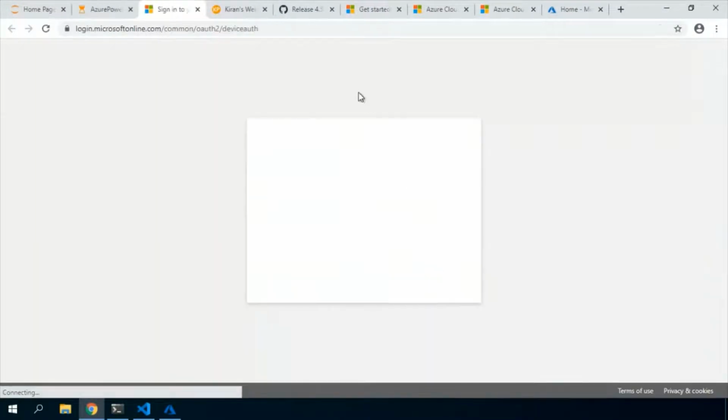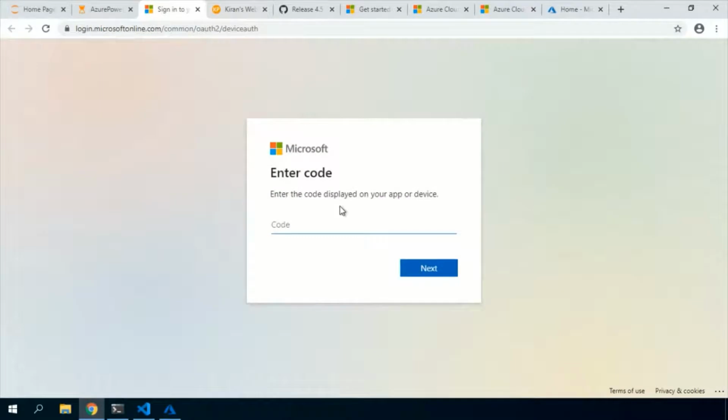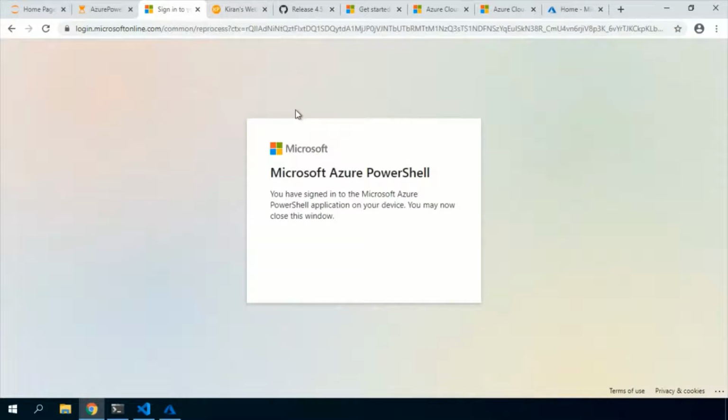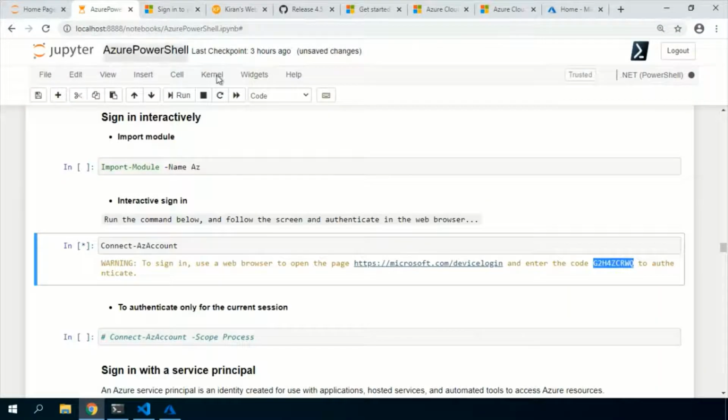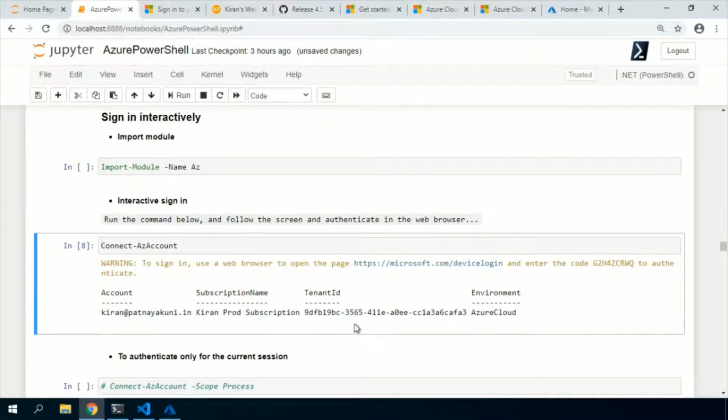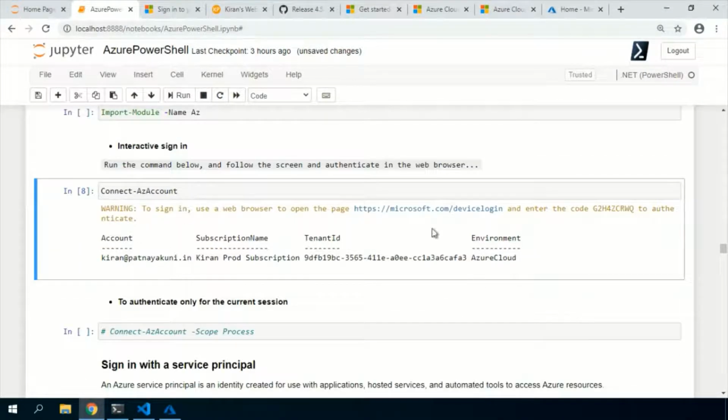If I click here, it will take me to the device login page where I have to enter the generated device code. Since I've already logged in, I don't need to pass the credentials. Otherwise, you need to pass your Azure subscription credentials. Right, so I'm logged in to my subscriptions.